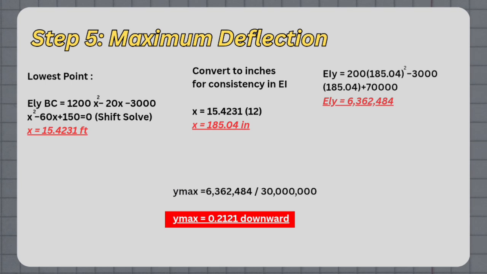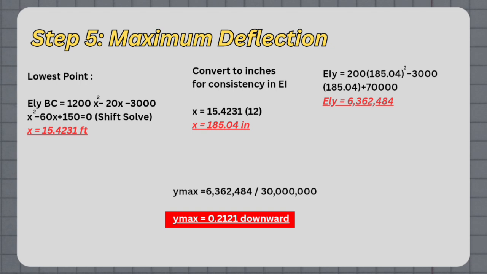The last step is the maximum deflection. So it is where we get our objective of our problem. Before we can get the Y max of our deflection, we must first get our unknown, which is first the x. So in order to get our x, we need to use the equation of slope in BC, which is 1200x squared minus 20x minus 3000x squared minus 60x plus 150 is equal to 0. And then we will use the shift solve of our calculator, which is we will get the x is equal to